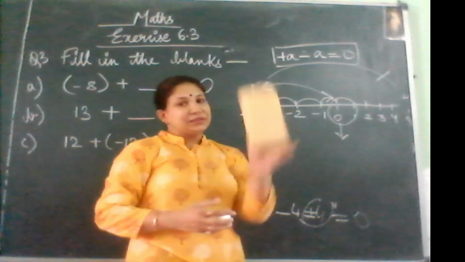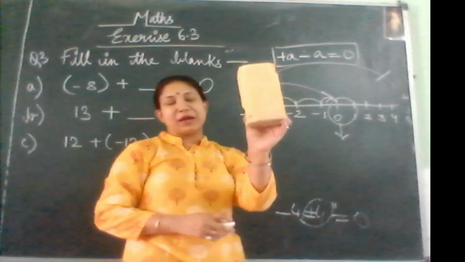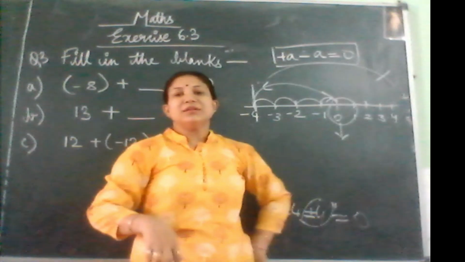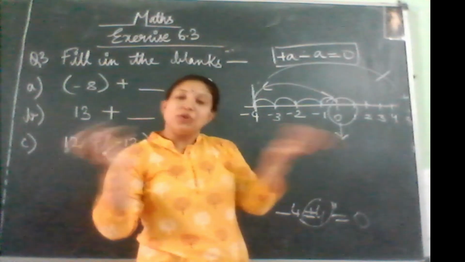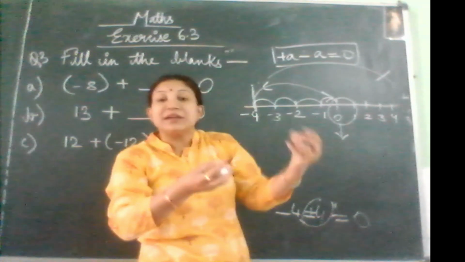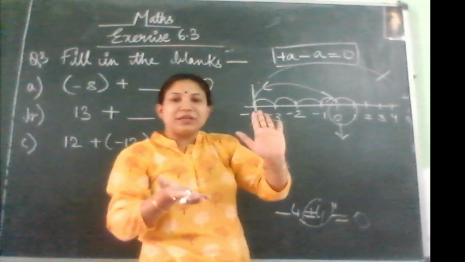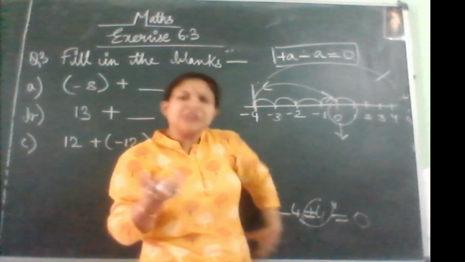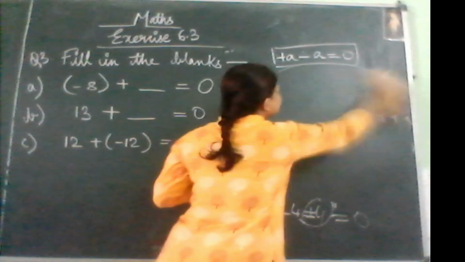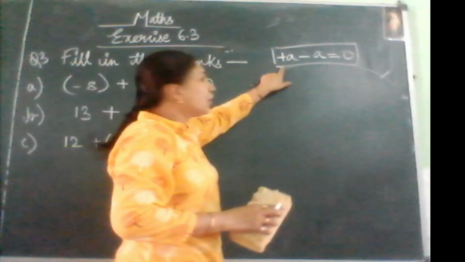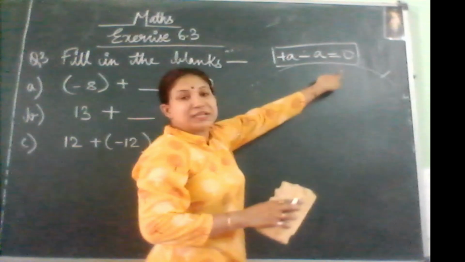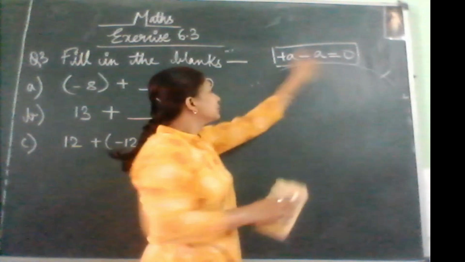Take for example, this is duster. I have one duster in my hand, plus 1. Now if somebody takes away this duster from me, okay, takes away. Now one duster I had plus 1, I have given or somebody has taken. That means minus. So that there is no duster, 0. This you know, but still I have explained you using a number line. So let us now play with this property. What is the property? That the sum of additive identity and additive inverse is 0. Clear?